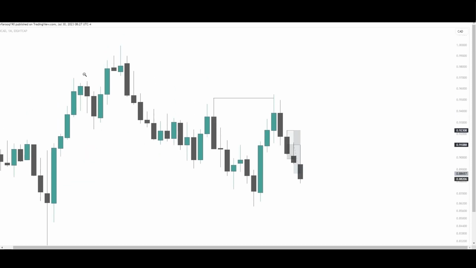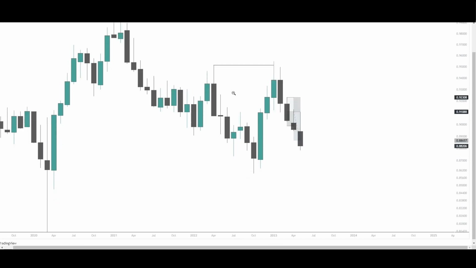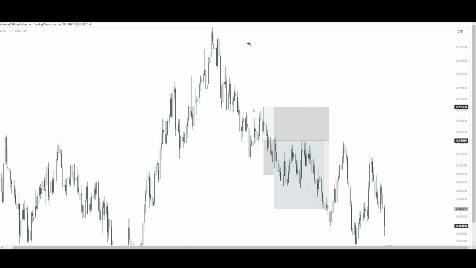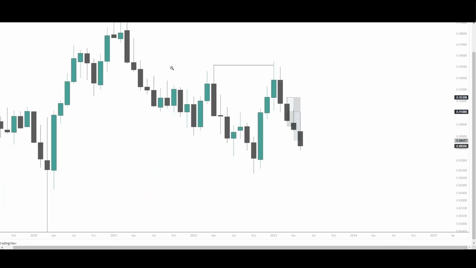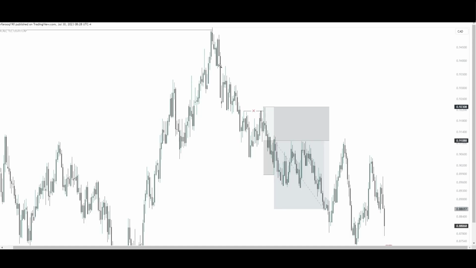Remember, price is fractal. This is our monthly chart right here. Price took out this high right here and starts to move down aggressively, so this becomes our drawn liquidity. Now if we go into the daily chart, this is that exact high, right? Where is it? This one right here. Price took this out, made a market structure shift right here,